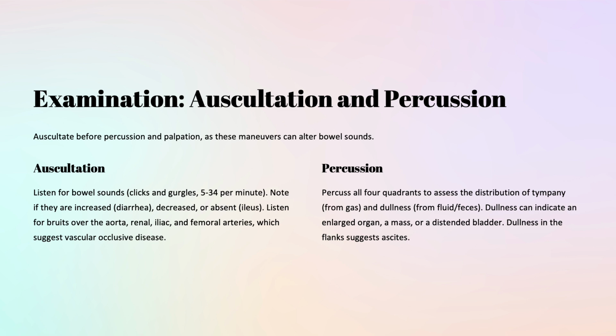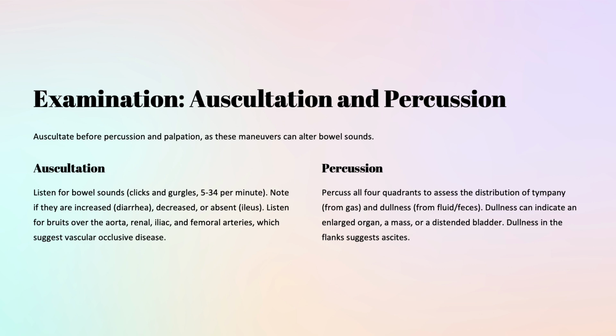For percussion, you should percuss over all four quadrants. So you should assess the distribution of tympani. So where are you expecting tympani? You're going to expect tympani over the gastric bubble, of course, and dullness over areas of fluid or feces. Dullness can indicate an enlarged organ, a mass, or a distended bladder. And if there is any dullness in the flanks, this may be suggestive of ascites or fluid that has escaped